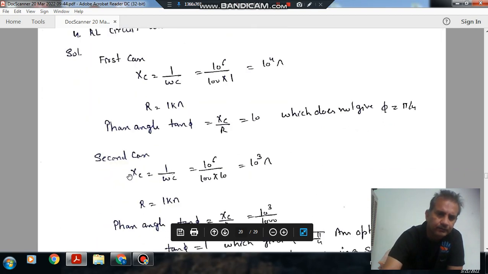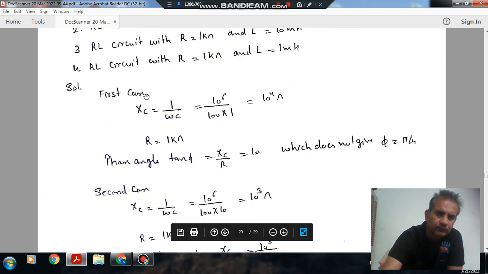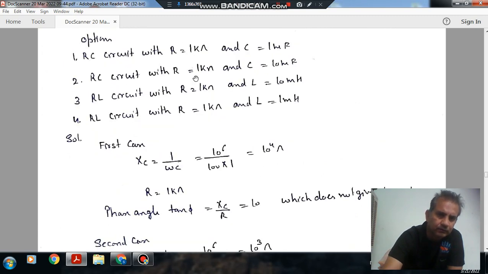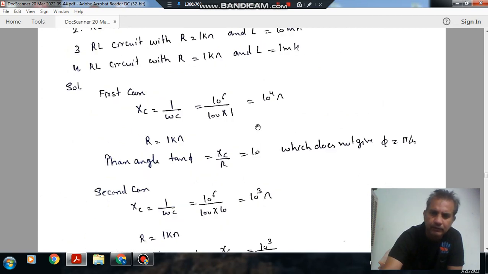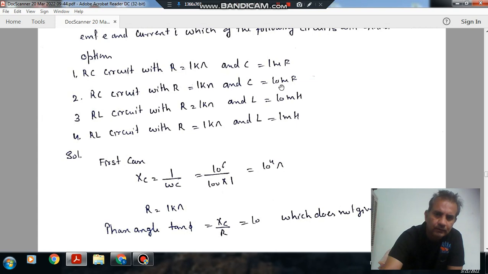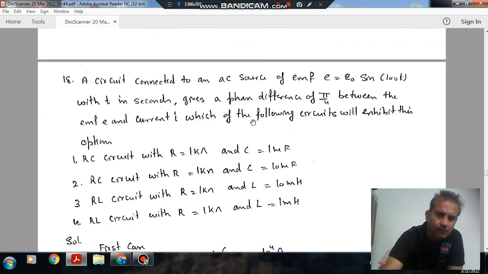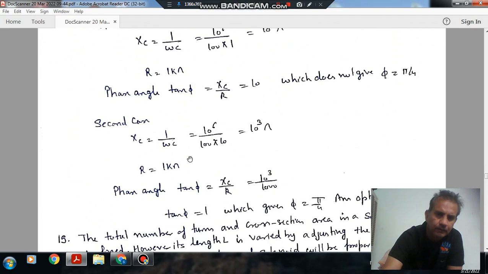Okay, next, in the second case, the capacitive reactance is 1 by omega C, or 10 to the power 6 divided by 100 into 10, because C is 10 microfarad and omega is 100. Okay, and R is 1